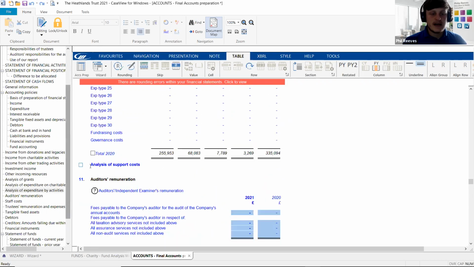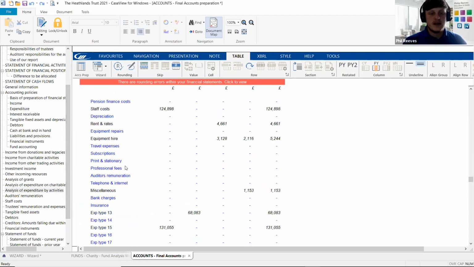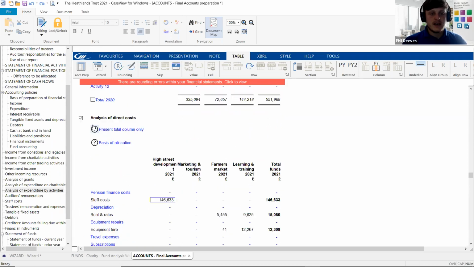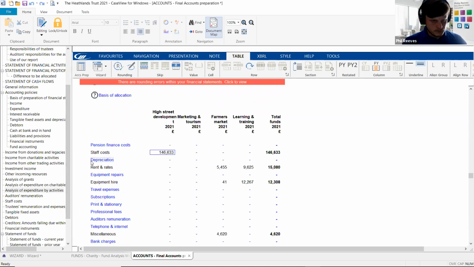So I'll just carry on scrolling down. I can have an analysis of support costs, which is just turned on using the tick boxes at the top. And again, if we've done that split correctly within the mapping, all that information will filter through the way that we're expecting it to within our